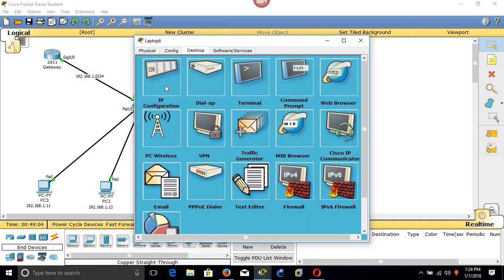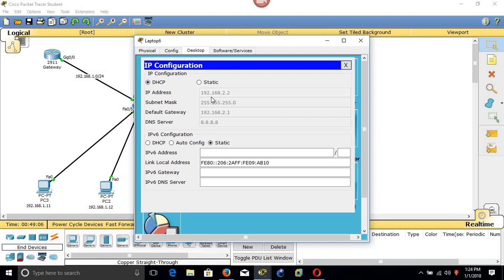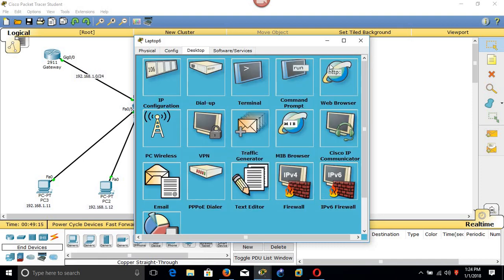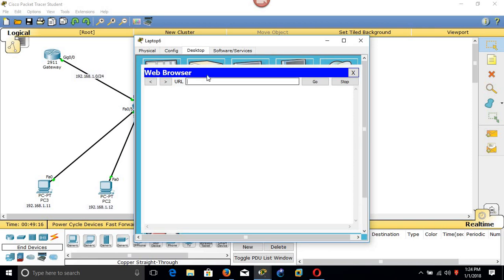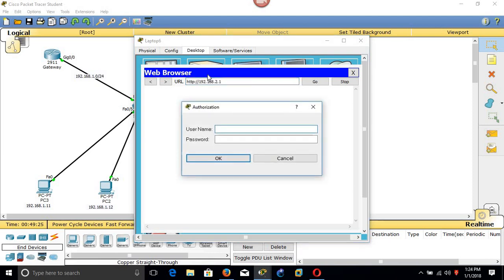Okay, let's go here, IP configuration. You can see it is given the IP 192.168.2.2, which, if you remember, we configured here, 192.168.2.1. Okay, admin.